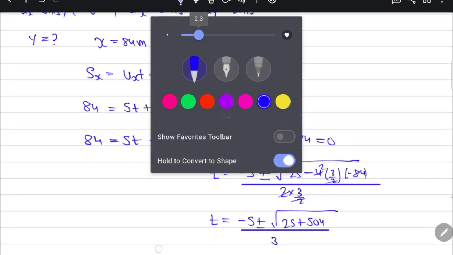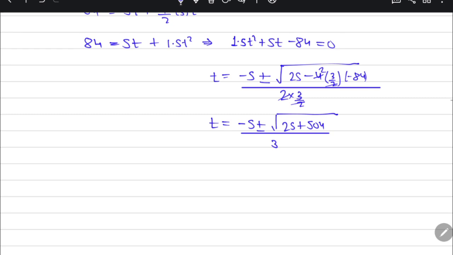Then if you find the under root of this, this comes out to be 23. So minus 5 plus minus 23 divided by